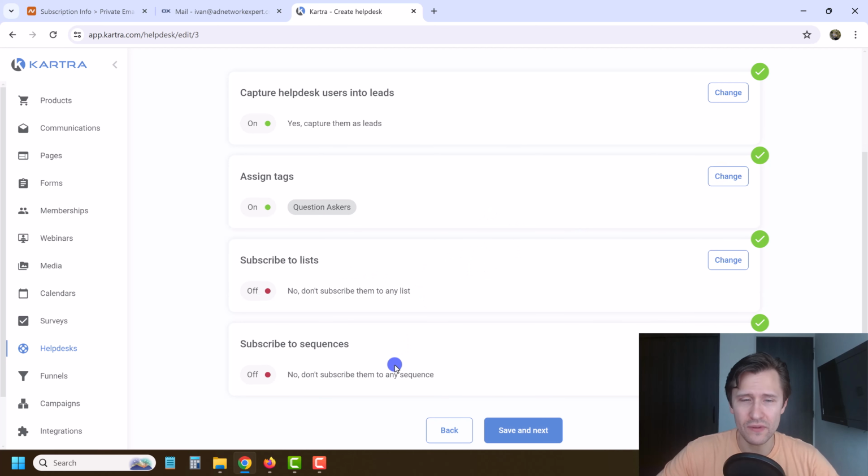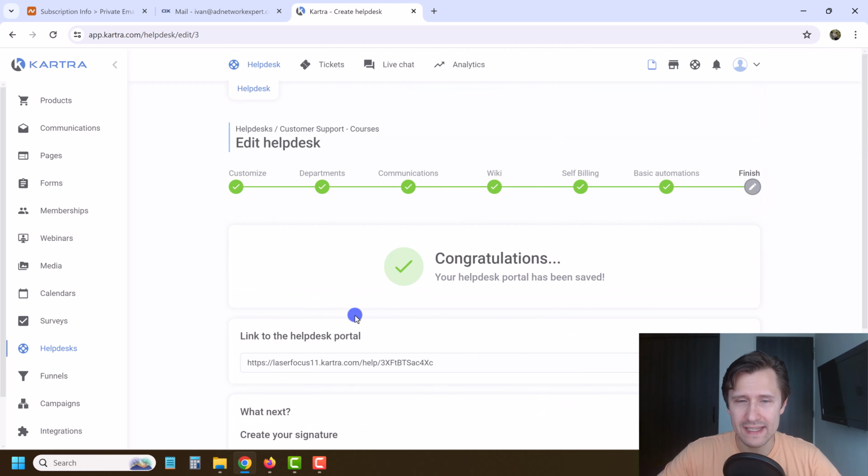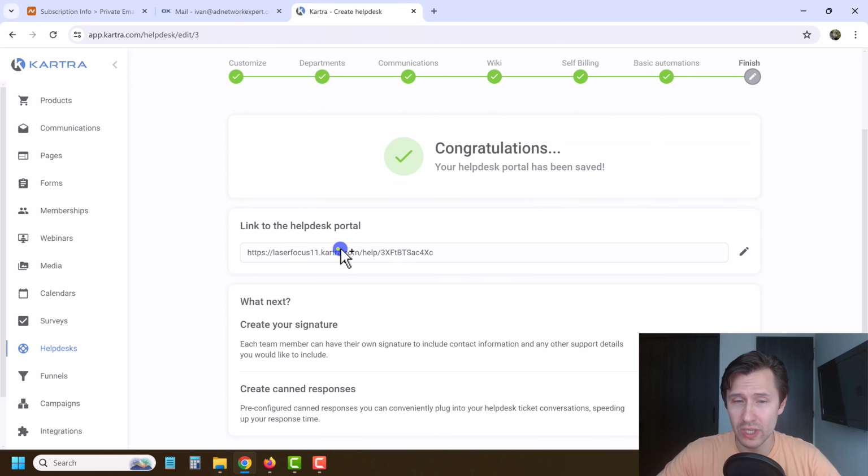If you have a list, if you have a sequence that you want to add them to as well, you would do so over here. But we're going to leave that. We'll click save and next. And that is it. So the help desk has been done, but we do want to change the custom domain